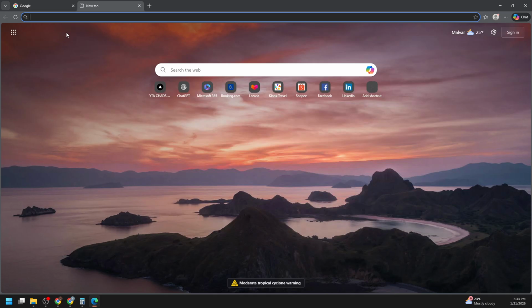This is where you usually type website addresses. If you prefer keyboard shortcuts, you can press Ctrl+L or Alt+D to jump straight to the address bar. Both do the same thing and can speed up this process. Now type